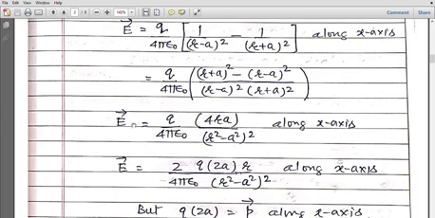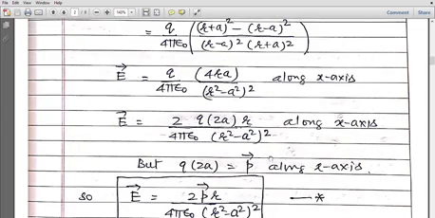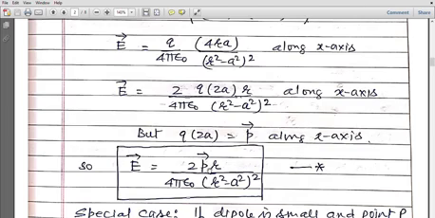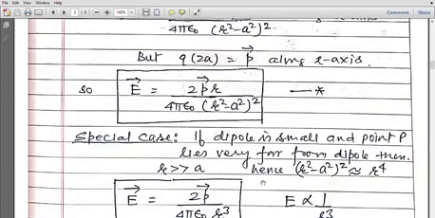Now direction of electric field is along x-axis. Here I can say that Q into 2a is dipole moment and its direction is along x-axis. So Q into 2a along x-axis, it can be written as dipole moment. Electric field and dipole moment, they are in same direction, so here the sign is positive. अगर ये ऑपोजिट डायरेक्शन में होते हैं तो हम यहाँ पर माइनस का साइन लगाते हैं, because opposite vectors are represented by negative sign. So electric field on axial line, it is 2p r upon 4 pi epsilon 0 r square minus a square its whole square. This is the expression. Now one special case arises.